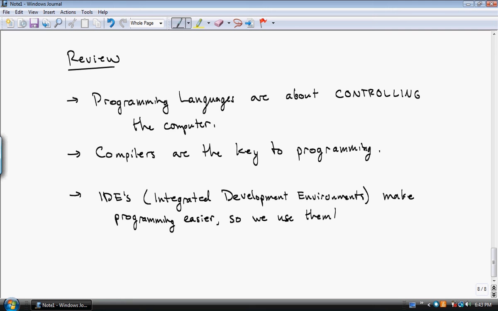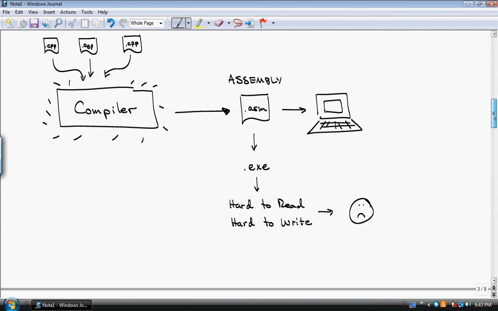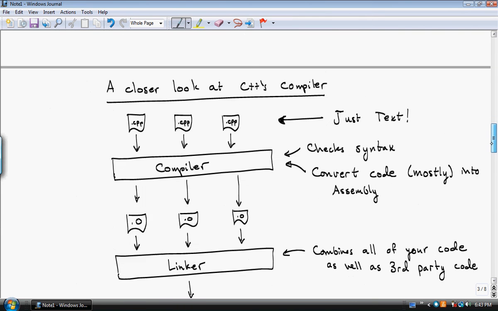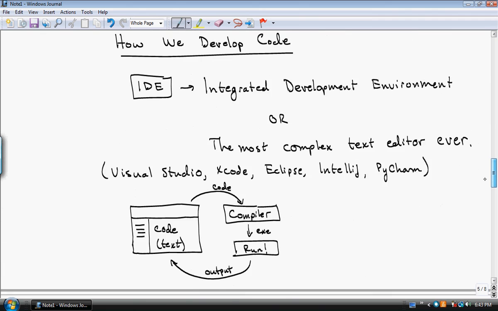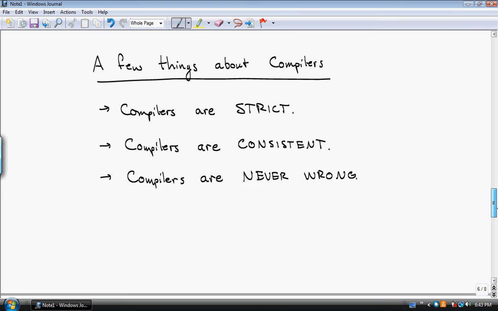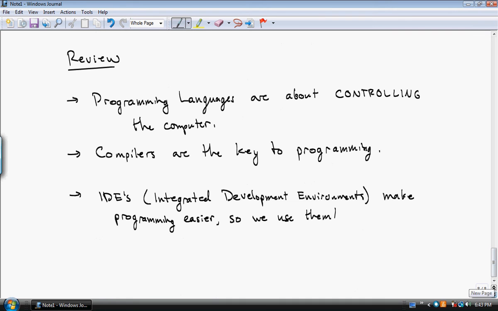Alrighty, so I think that just about covers an introduction of how programming languages work. We just kind of went over some high-level languages, just talked about how computers run assembly and how high-level languages are related to assembly, looked at C++'s compiler, the steps that it goes through, talked about what IDEs are and what they do for us, and then had these 3 statements, which you will be cursing me for being right about these 3. All right, in the next program, we're going to actually launch up Visual Studio, take a look at what an IDE does, make our first program, and just go through the process of building your first programming language. So